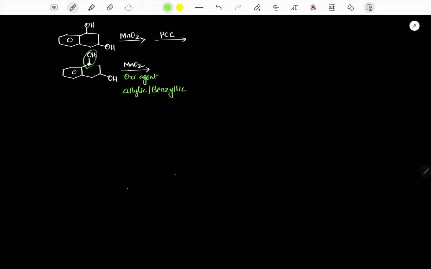Since it is a benzylic alcohol, it undergoes oxidation and gives the corresponding ketone at the benzylic carbon, and the non-benzylic carbon is not oxidized. Now it is treated with PCC,